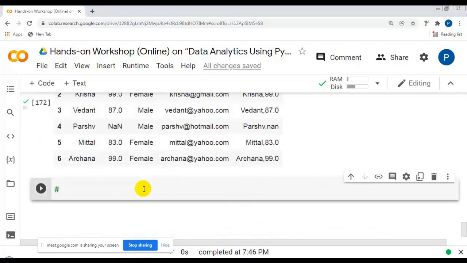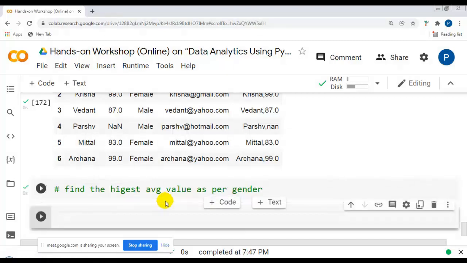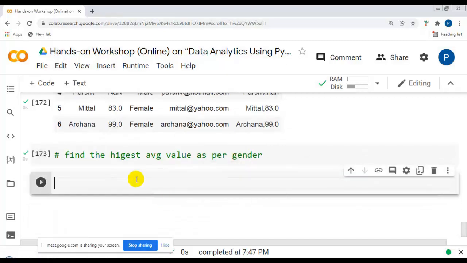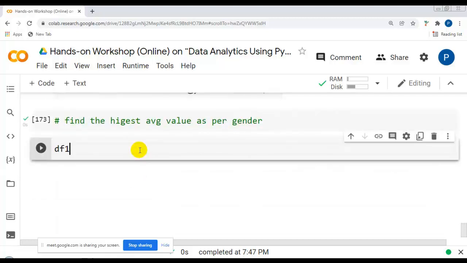What I want to find is the highest average value as per the gender column, separately for male and female. For that I have to use the groupby function first.